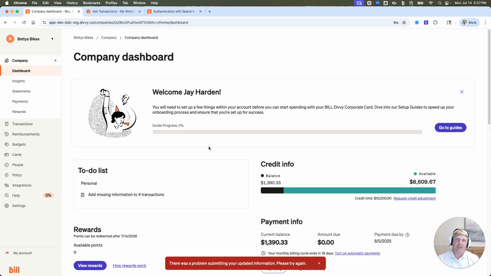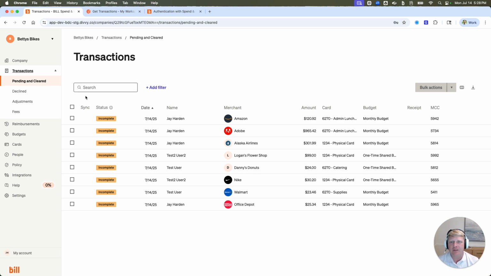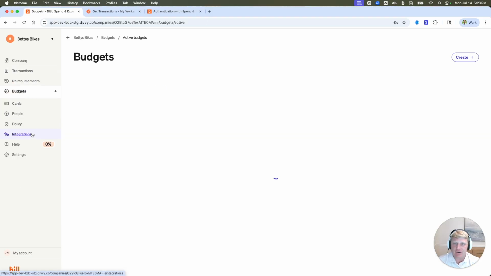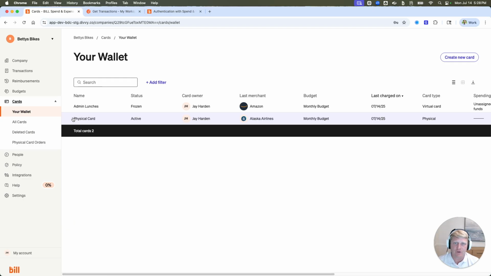This is the user interface. Okay. I can see that there's already preloaded credit card transactions within this environment. There are budgets that are created. There are virtual cards and physical cards within the system. And if I want to add additional budgets or people or reimbursements, I can do this from within the Spend